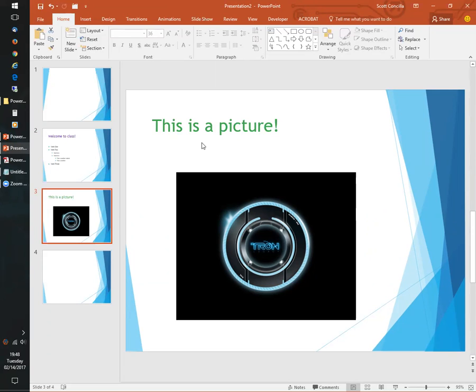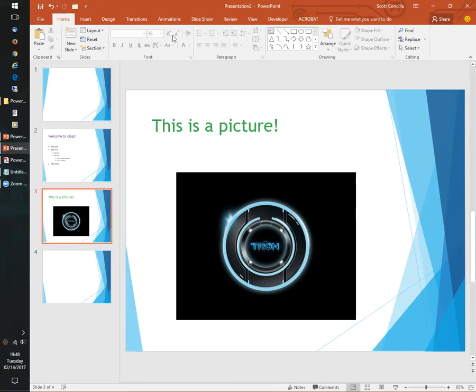Now, that could be what you want. Maybe on this slide, I need it to be green. Okay? You're more than welcome to format it manually and say, you know what, this one needs to be green and the rest of them all need to be blue. Okay, but just realize once you've manually formatted something, changes to the master aren't going to change the other things in the presentation. Same thing, not only with colors, but again, let me go back to bullets.